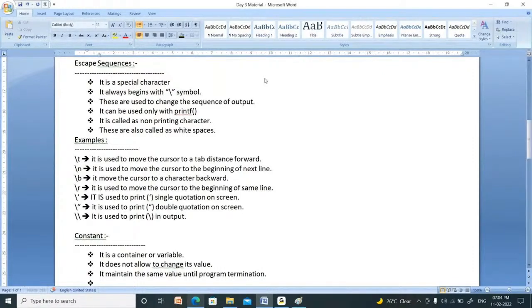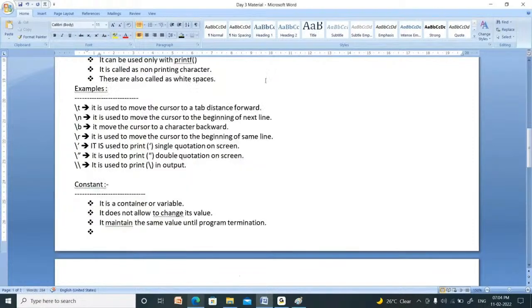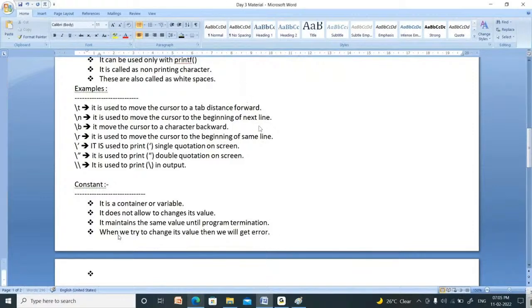Suppose you try to change it, then what happens? If you try to change its value, then we will get an error. When we try to change its value, we will get an error. This is nothing but